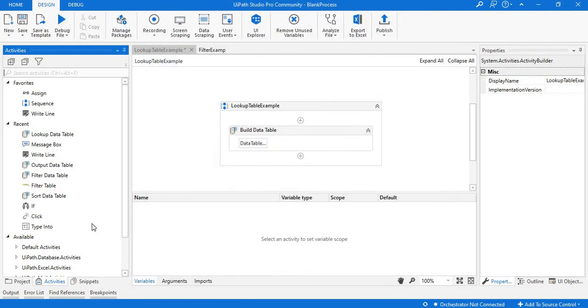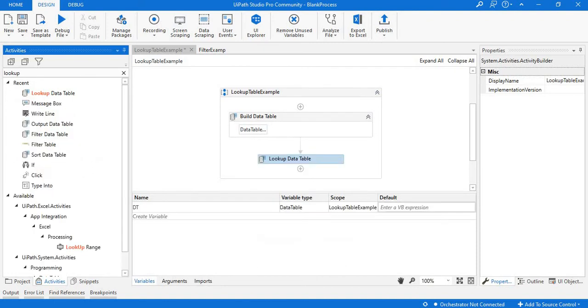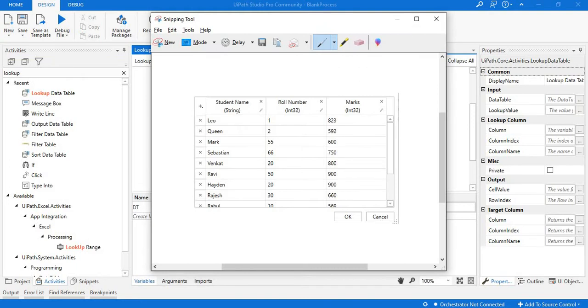So here, what is the purpose of lookup data table is, first we will get the activity from the activities. So just search for lookup data table. It is available under UiPath systems.activities. Just drag and drop into our design panel. Okay. So what is the purpose of this lookup data table activity is, if you observe in my previous session